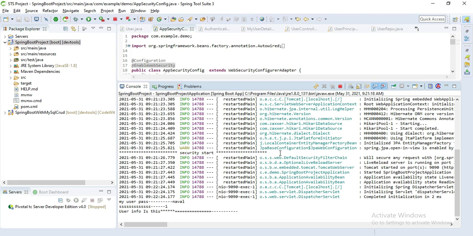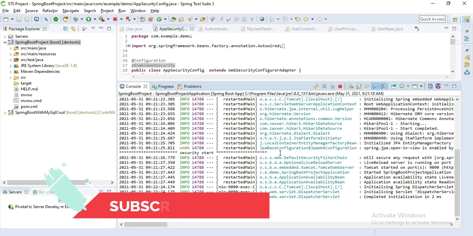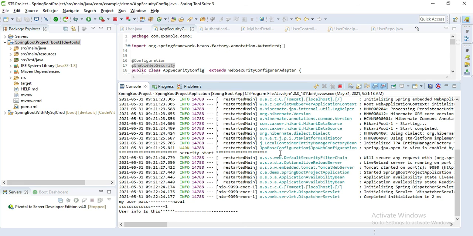Now the next point is we have to create one login page in our Angular project, and we have to enter the username and password. Only then will that application be able to interact with the backend application, that is, add employee, delete employee. Only then can that application perform CRUD operations.